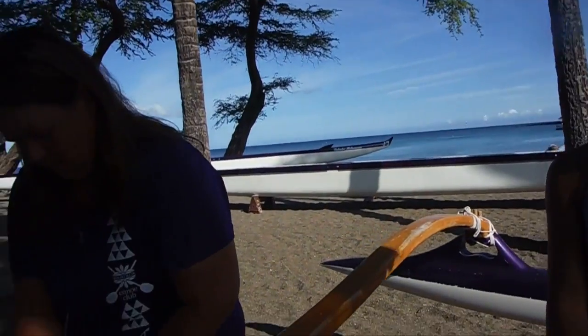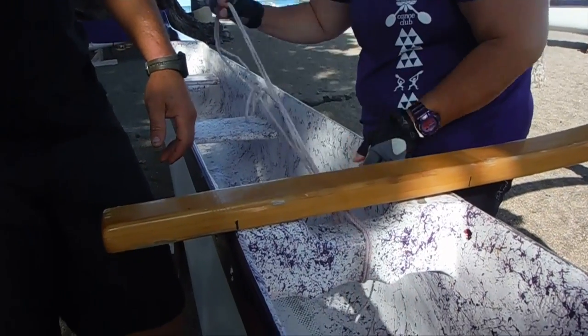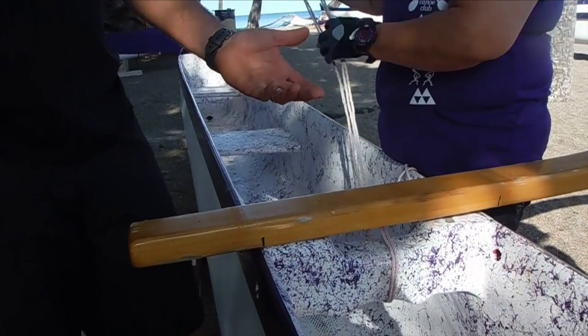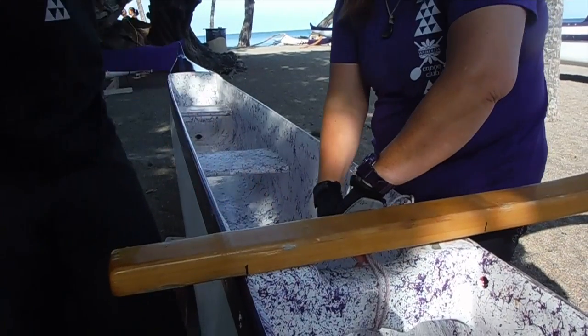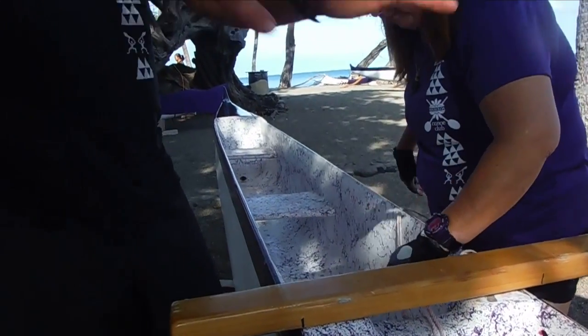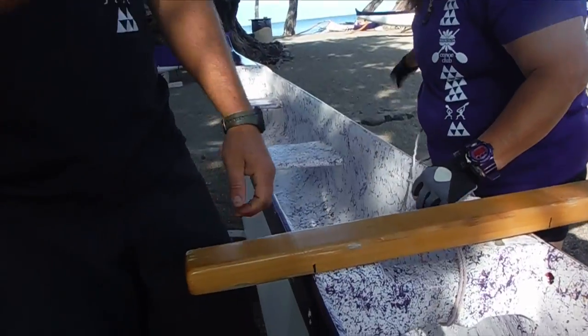The other important thing to remember about rigging the canoes is you always want to make sure that the rigging rope stays dry. Because if it's wet while you're rigging, it shrinks. So if the inside of the canoe is wet, then the rope stays outside. If the sand is wet, then you keep it inside. If it's raining, then you get a tent or whatever and you figure out a way to get that thing